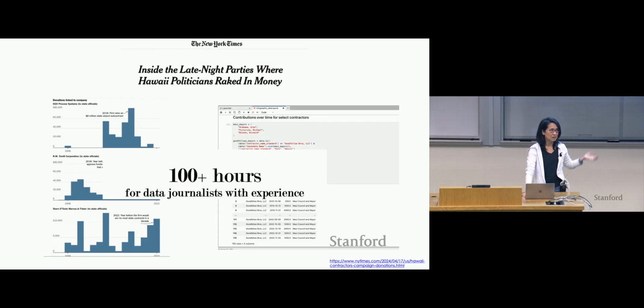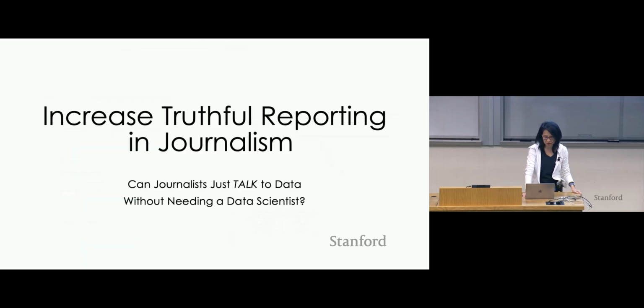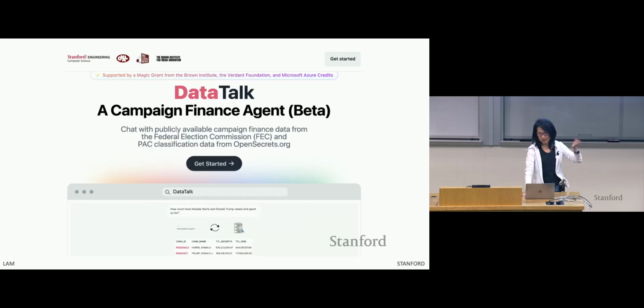So the question is, a lot of journalists don't know how to do SQL. If you cut out that part and let them directly get to the data using natural language, it will make it more effective and efficient to write many more stories. That's the motivation. So in about 3 weeks we built